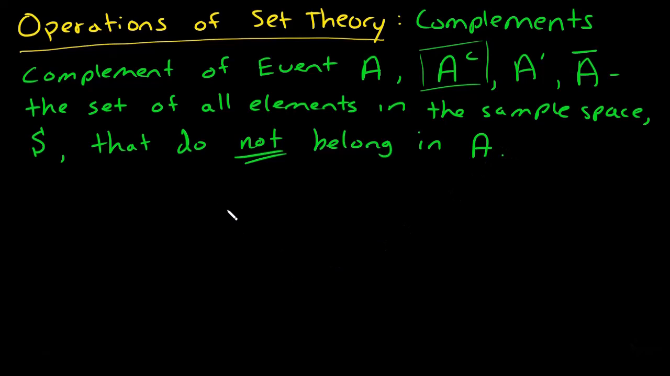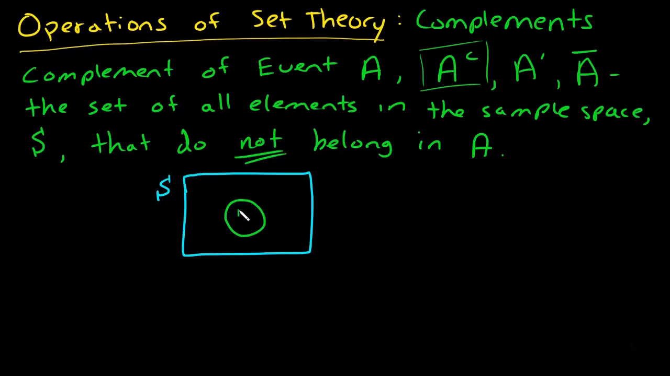If I were to draw this out using a Venn diagram, this is my sample space, and suppose this is A here, event A. Then the complement would be everything except A. All the events except whatever A is. This is the complement. So for example,